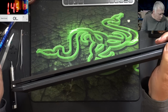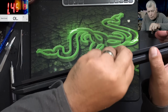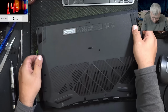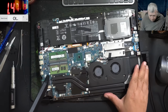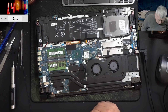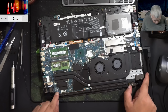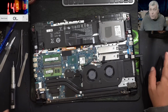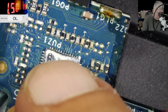Okay, all screws are out. Let's open the laptop. And the laptop, I mean, yeah, it is open. Okay, that's a nice motherboard. So what we are checking, we are going straight to the... Wait, what happened with this chip? We are going straight to the screen connector, and we should have 19 volts there. On this chip there is some sticky thing, you can see. But it's working fine, so...